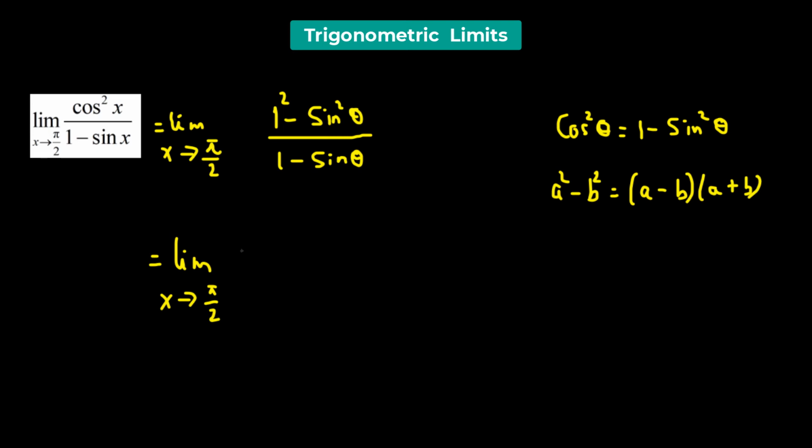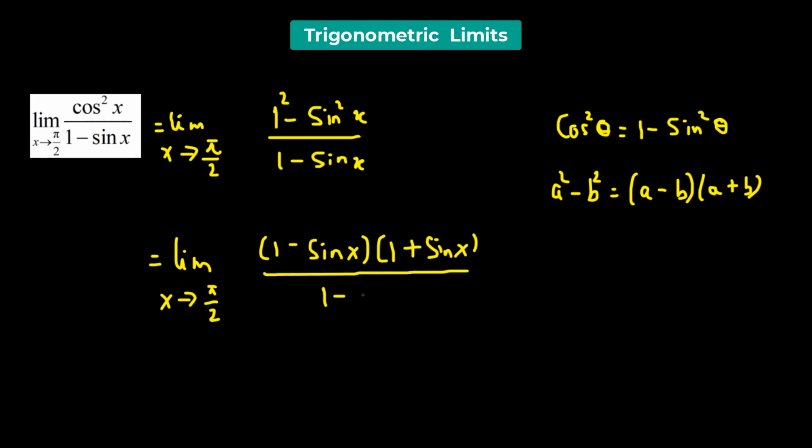So that gives us 1 minus sine theta. So that is sine x. I made a mistake here. Let me change it. So here will be x. So this is sine squared x and this is sine x. So we have 1 minus sine of x multiplied by 1 plus sine of x, all divided by 1 minus